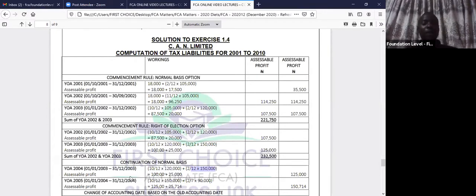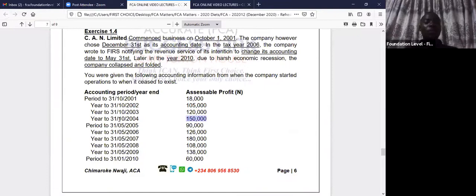Look at 2005. 2005 will start from January 1, 2004 to December 31st, 2004. Where can we find January 1, 2004? We find January 1, 2004 here. From January to October, that's 10 months. Then you need to find November, December, 2 months here. So, but we are seeing a period. This period shows that there is going to be a change of accounting date. But we'll come to it.